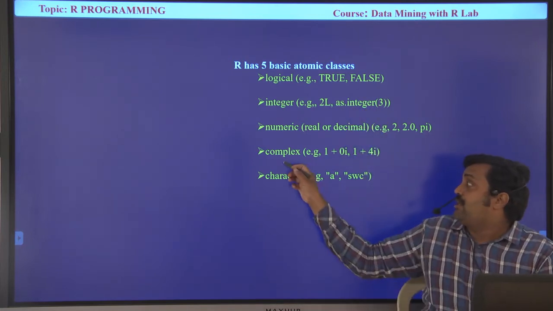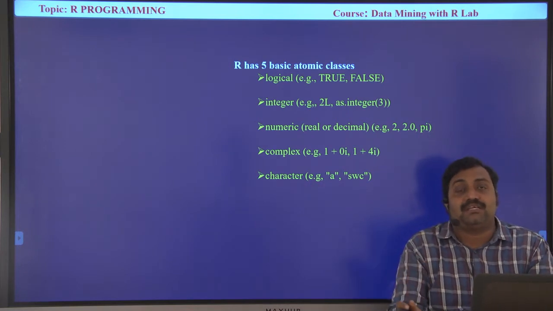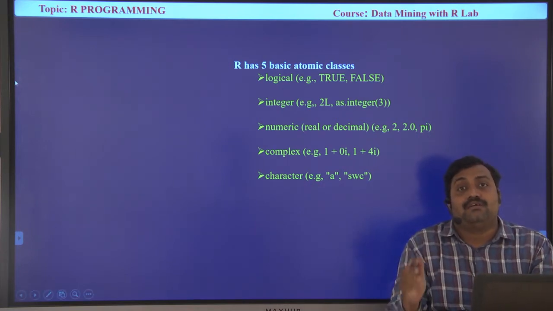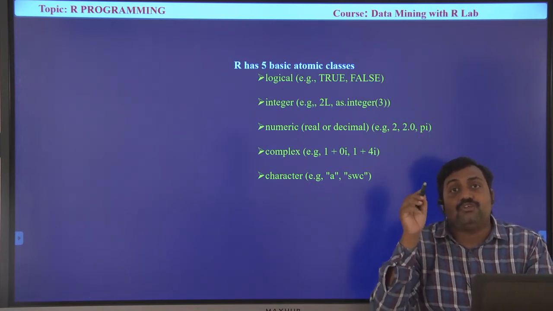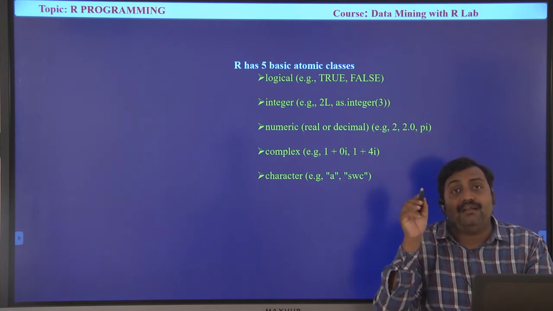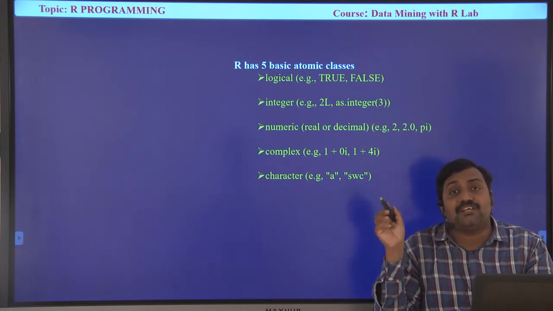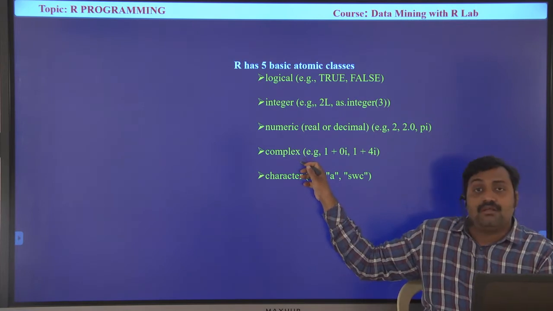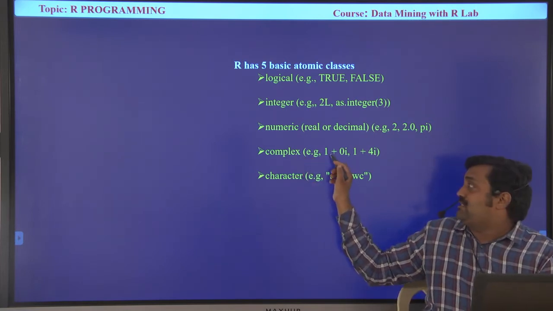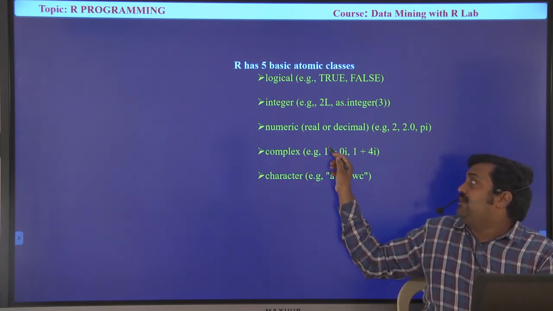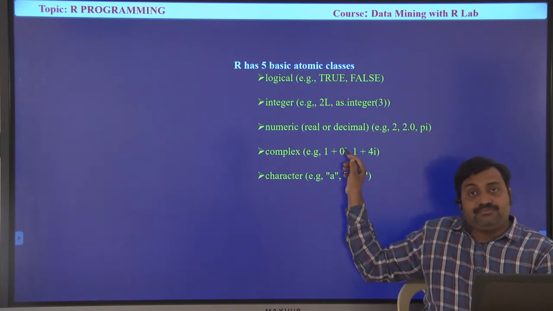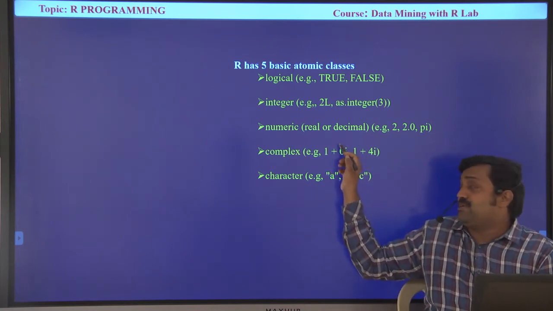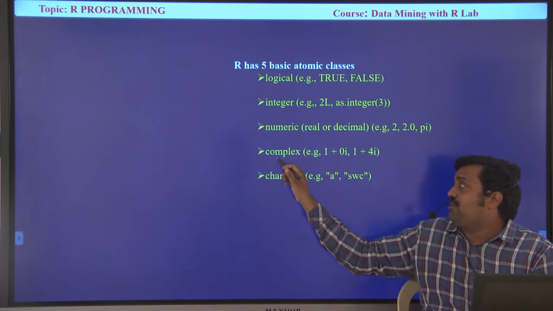type. Complex, of the form a plus bi, where we have a real value and an imaginary value; we can use the complex type. That means this is the real value and the imaginary value. We can also create real and imaginary values in R programming with the help of the complex type.